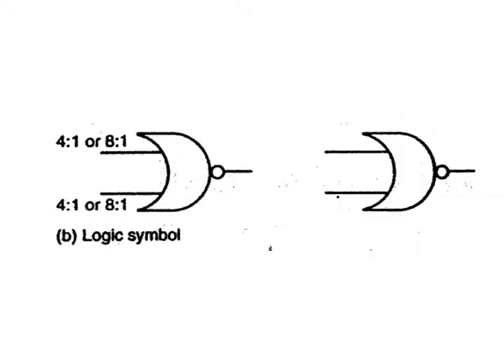Here, as you can see, the two figures indicate the logic symbols for the respective NMOS as well as CMOS circuits. The ratios have been given here. These ratios are the overall ratios of the particular design. Here it is mentioned as 4:1 or 8:1. If this is mentioned, the same ratio you have to take. If it is not mentioned, then you have to take some minimum transistor feature size, right?